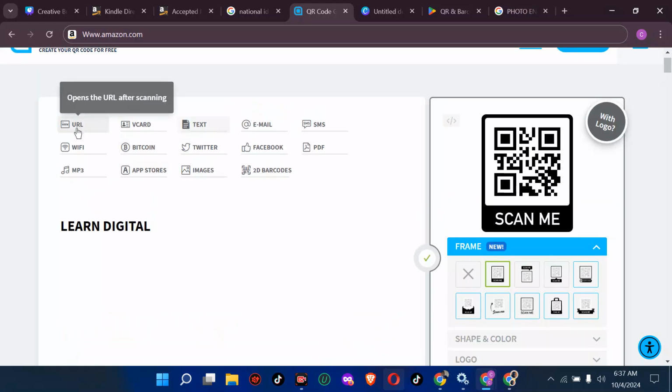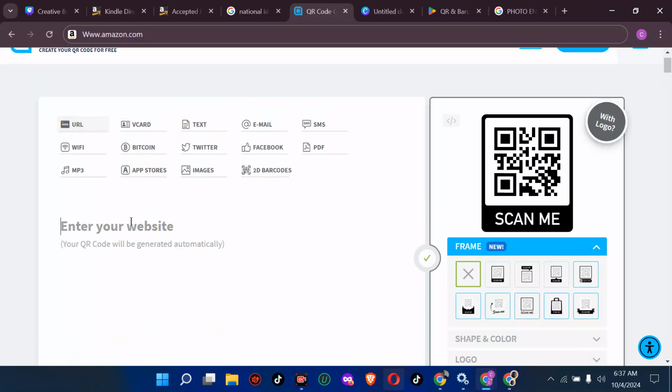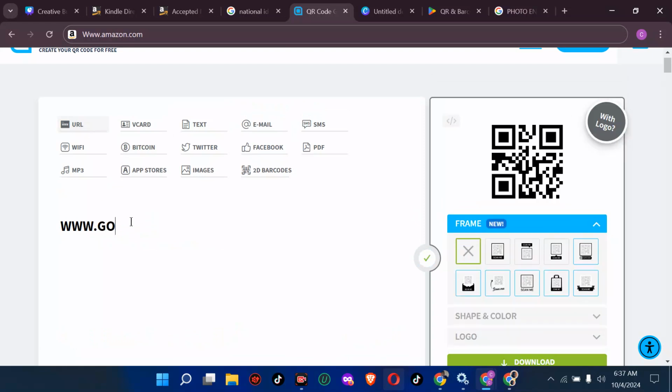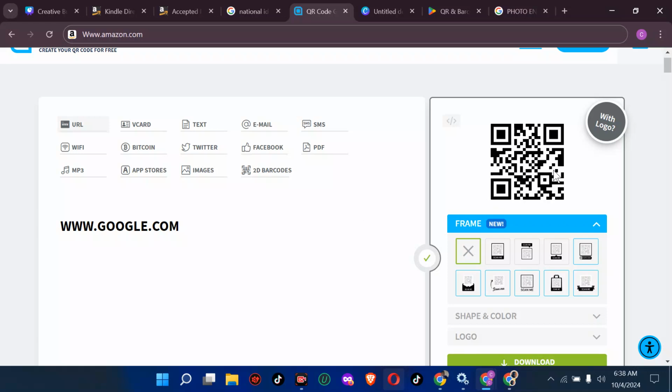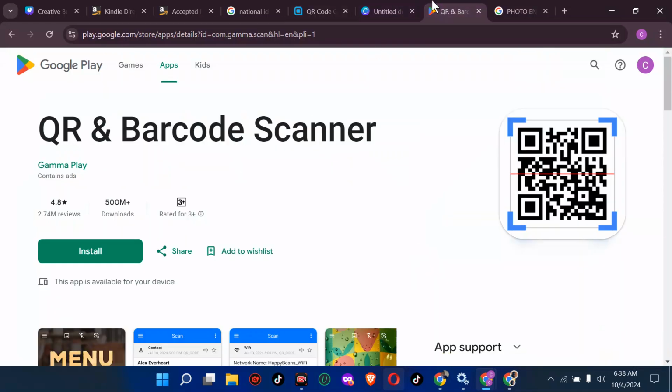So let's say I put URL here and I call www.google.com. That means anyone who scans this QR code is going to be taken directly to this site called www.google.com. So ensure it's arranged. How do you know it's arranged? Go straight to the Play Store, or if you are using the Apple Store, go and search for